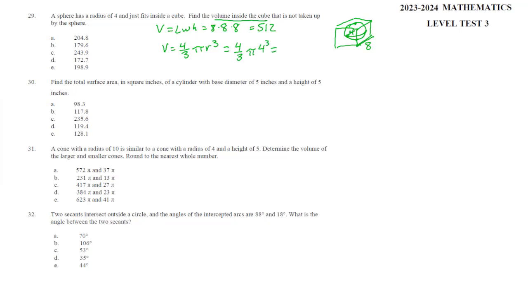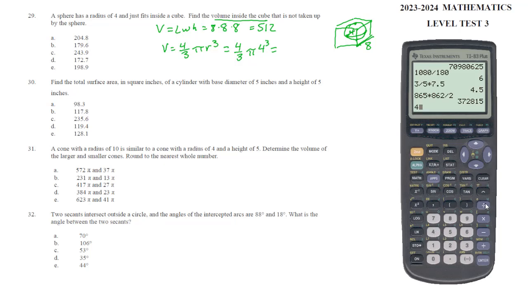Punch that in the calculator, and we get 4 divided by 3 times pi times the radius cubed. And we end up with 268.02. If we subtract that from 512,